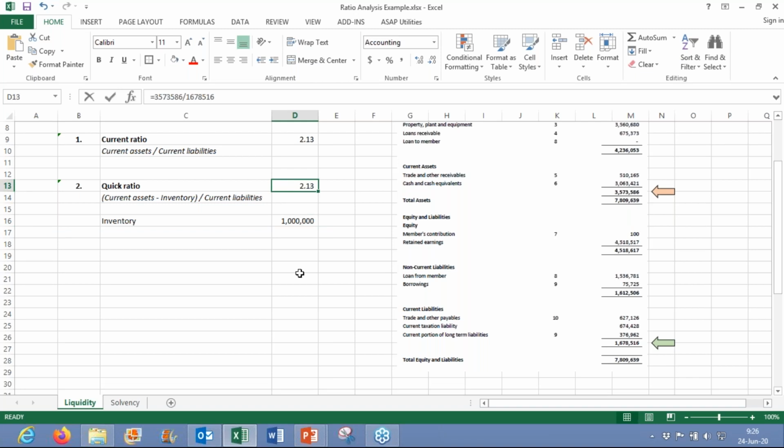In my ratio, I would have taken my current assets and I would then deduct this 1 million rand of inventory, being my most illiquid assets, and I would still divide by my current liabilities to get an indication of how well my liquid assets are covering my liabilities. And you can see immediately this quick ratio drops down because I'm taking out some of the current assets that are covering my liabilities, because we are considering them not to be liquid.